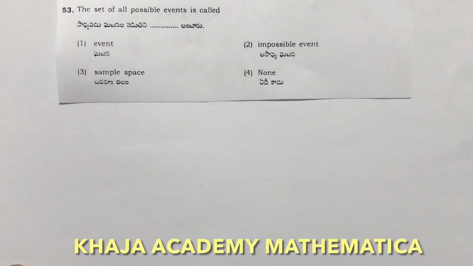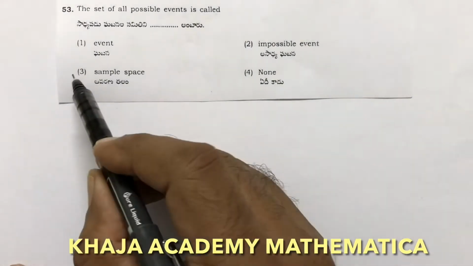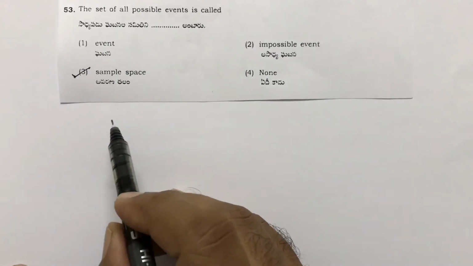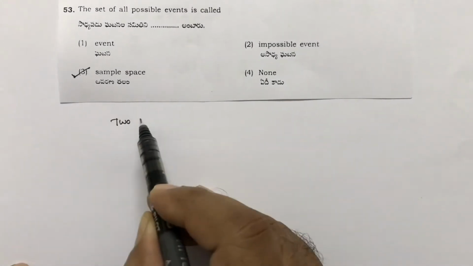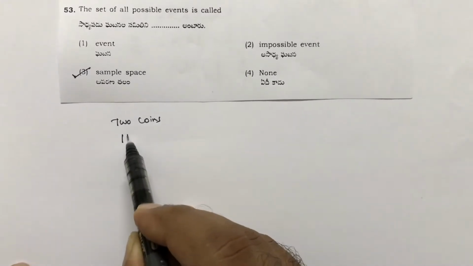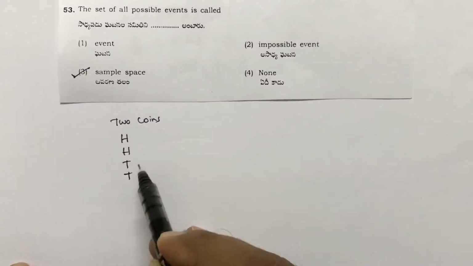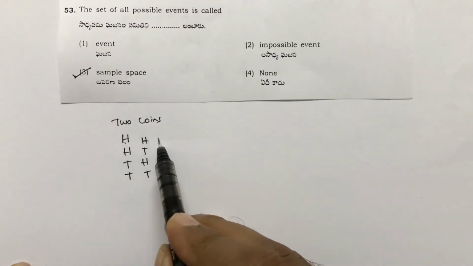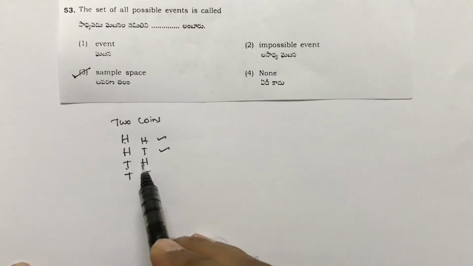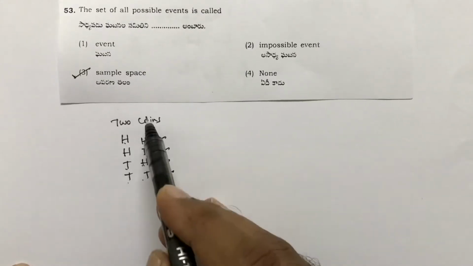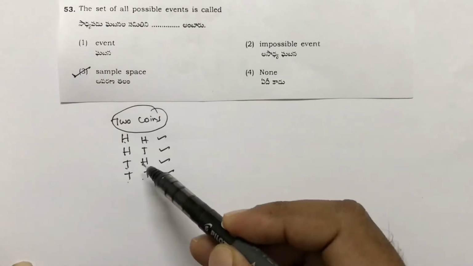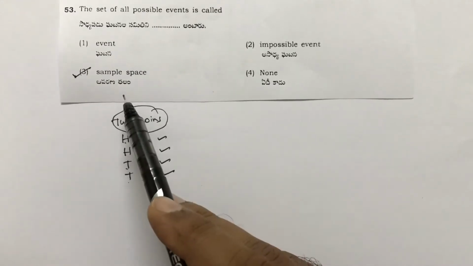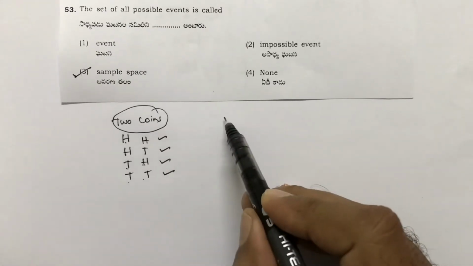The set of all possible events we call the sample space. For example, if we toss 2 coins, we will get head, tail, head, tail. We may get head, head, tail, head, tail. This is the sample space for 2 coins. What I'm writing is all the possible outcomes, all the possible events, and we call it the sample space. In the same way, if I take 1 dice,